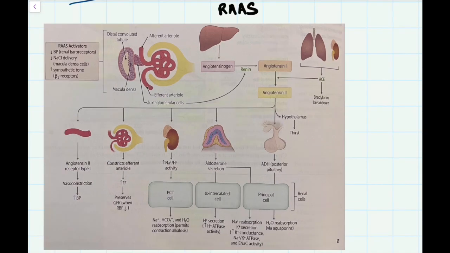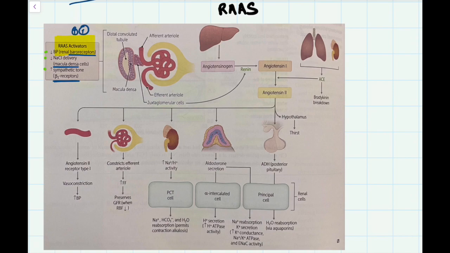So let us look at it. What happens is that the RAAS is getting activated by some factors, which are either a decrease in BP, decreased sodium chloride delivery and increased sympathetic tone. So decreased BP is sensed by the baroreceptors, a decrease in sodium chloride is sensed by the macula densa, and increased sympathetic tone is sensed by the beta 1 receptors. In any of these conditions, there is activation of RAAS,